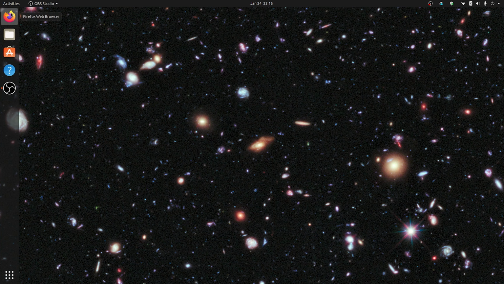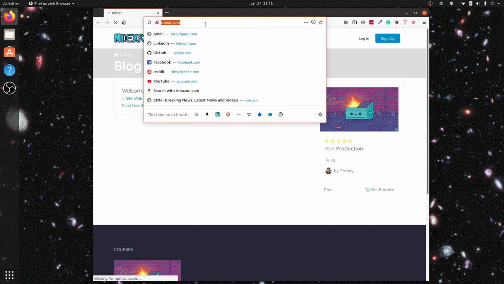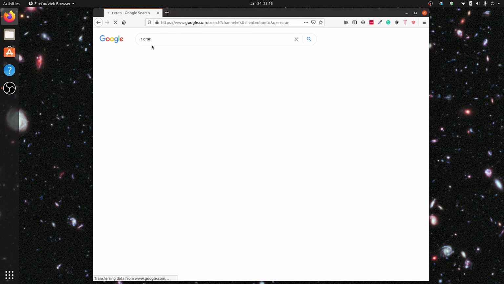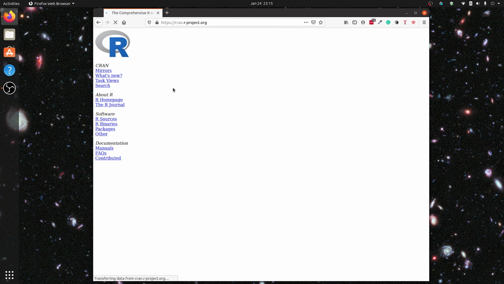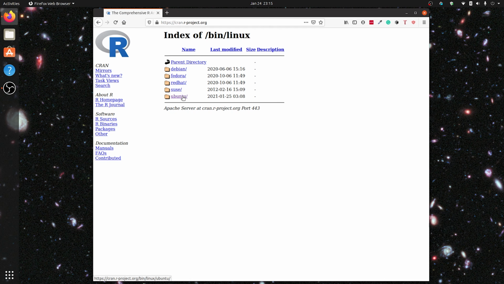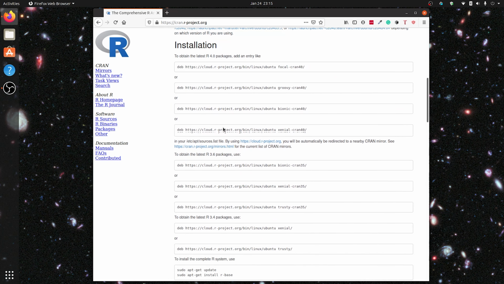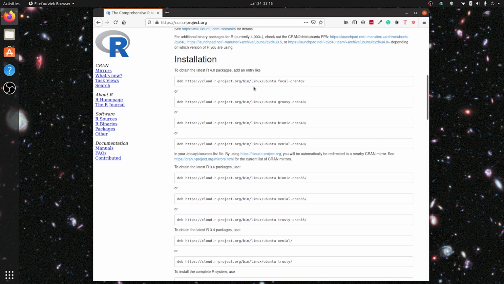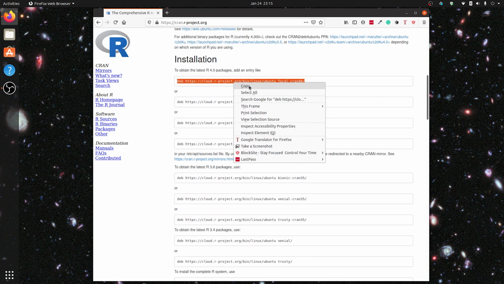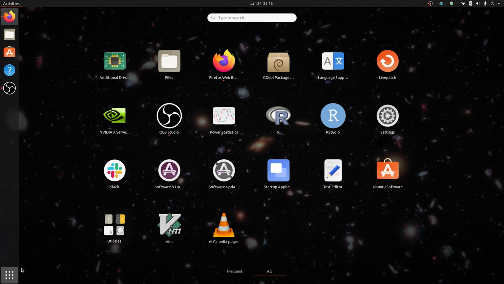Alright, now we're going to install R on Ubuntu. So just go to R, CRAN, download R for Linux, go to Ubuntu, and then Ubuntu 20 is focal. So I'm going to copy this, go to my terminal,